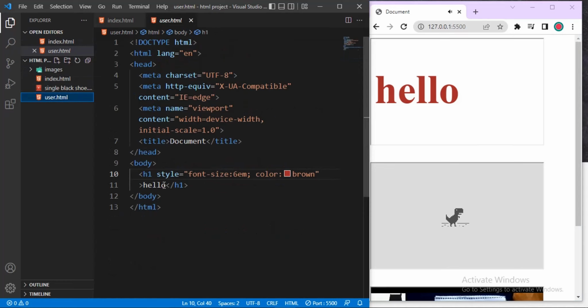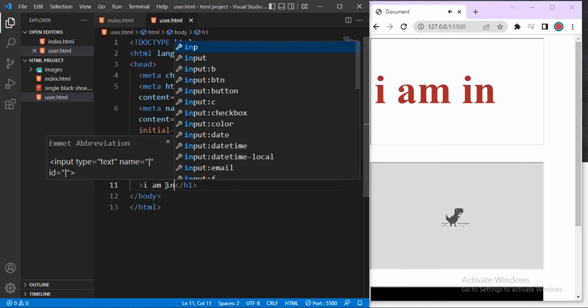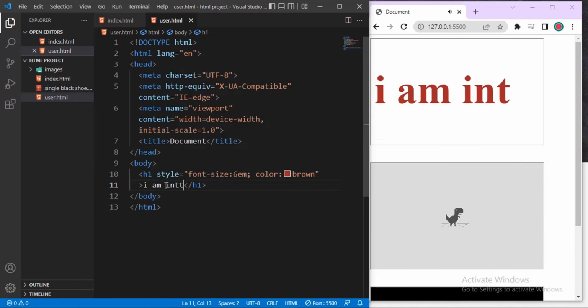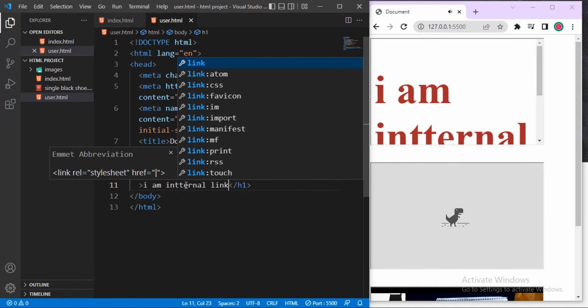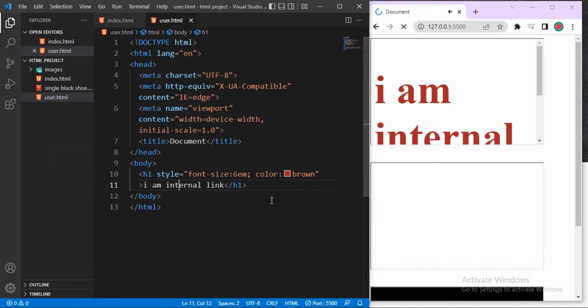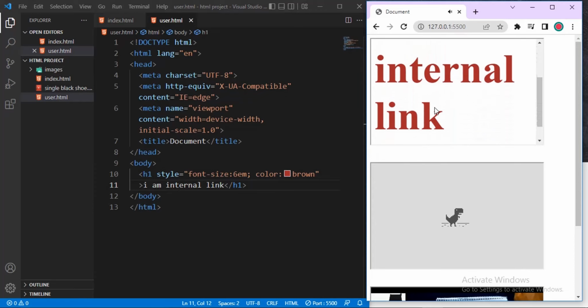For instance, let me edit it and instead of hello, say I am internal link. If we scroll down now, you can see any changes that you make will be live here. Likewise, if the internet is connected, I don't want to be connected, so it will not